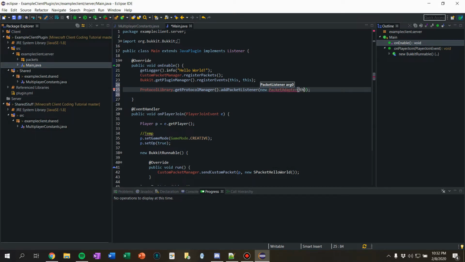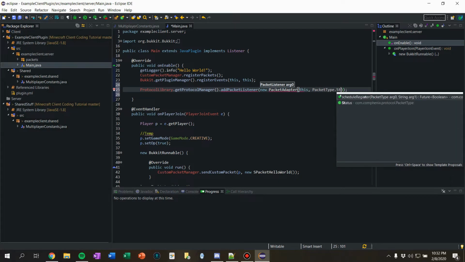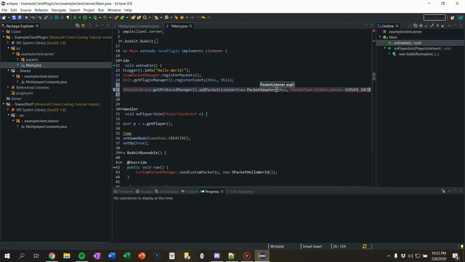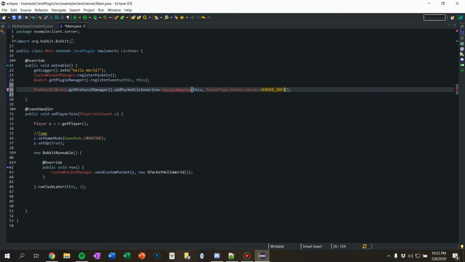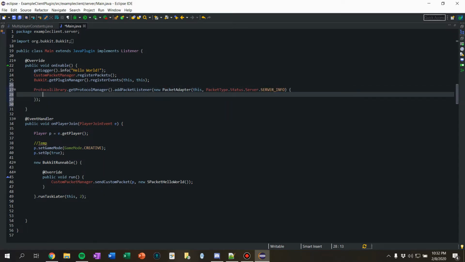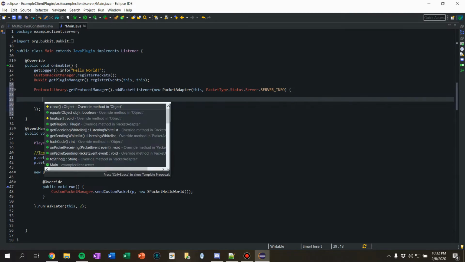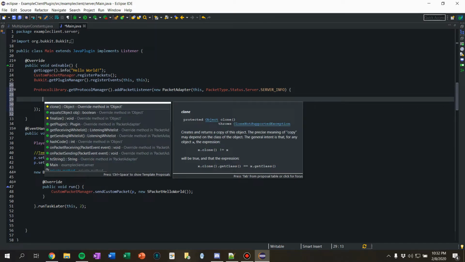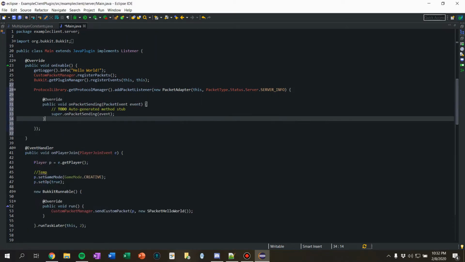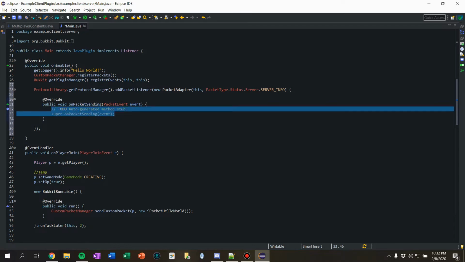We're going to say this packet type dot status dot server info, not out server info, we just want server info. Let's import packet adapter, and then go one parenthesis over and open a brace like that. Then we're going to press control space and override on packet sending. So now we can modify